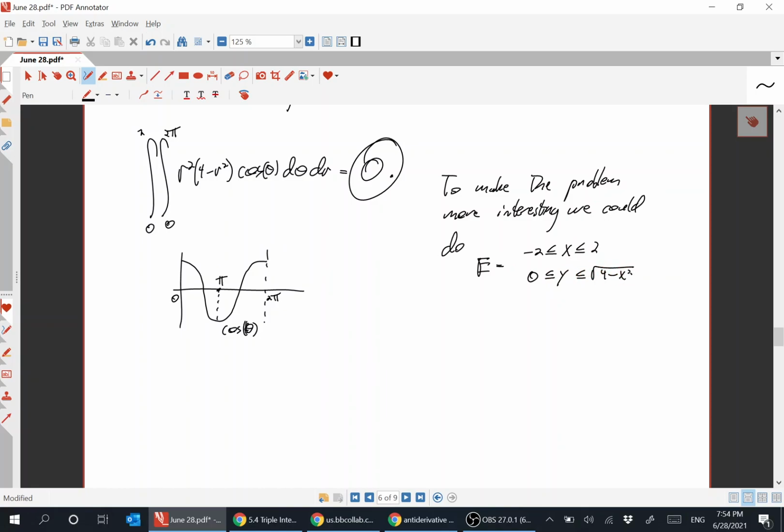That way it's just the top half of the circle. And then 0 less than or equal to z less than or equal to 4 minus x squared minus y squared. So if you did E this way,